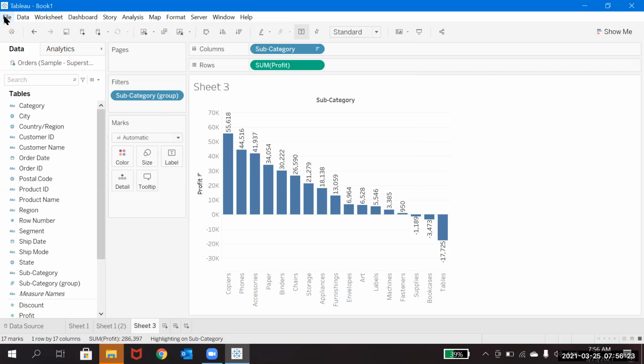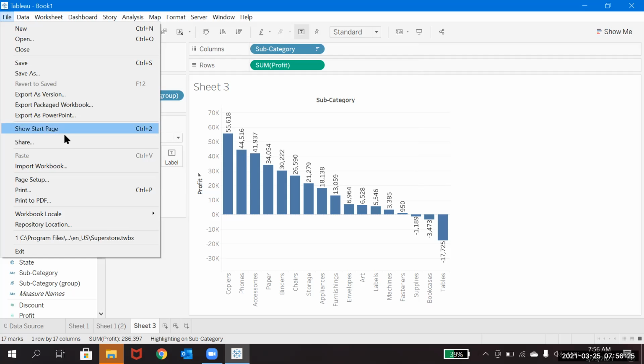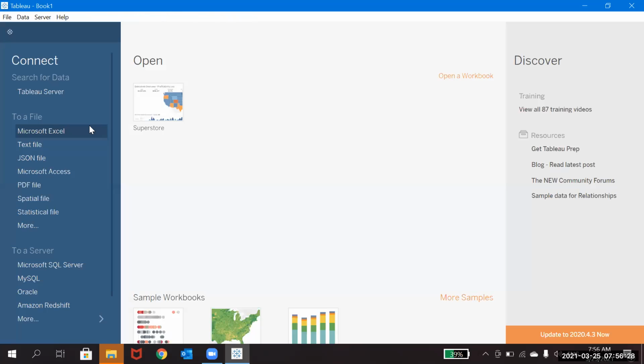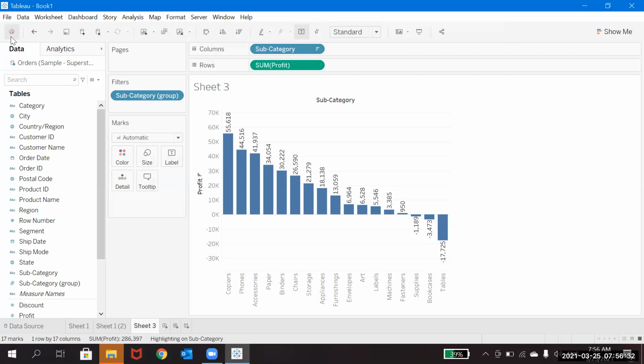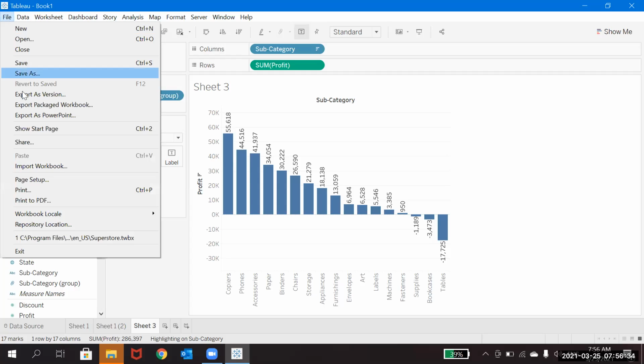Okay, the same way, the show start page is nothing but this. The moment you click on this icon, the Tableau icon, it will go there. And share is nothing but, again, it will go to the Tableau server, and import workbook. Let's see how this import workbook will help.